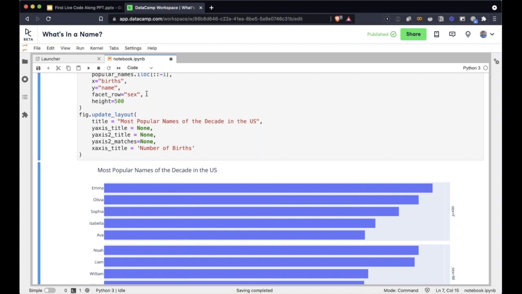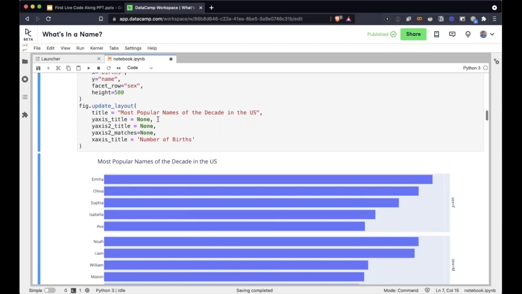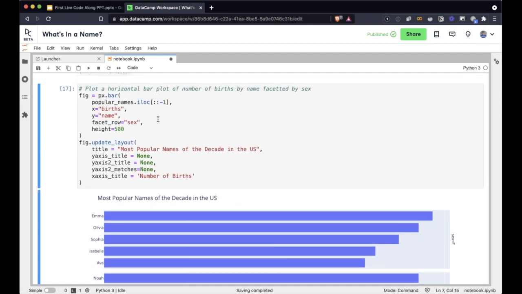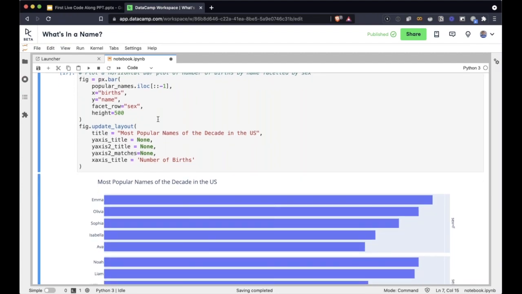So that's our first question, first part of the first question. And as you can see, you now have the top 5 names. You can do a lot of interesting things now with the same code. So for example, instead of this decade, you want to know the decade in which you were born, what are the most popular names. You can basically play around with it and do quite a few things.